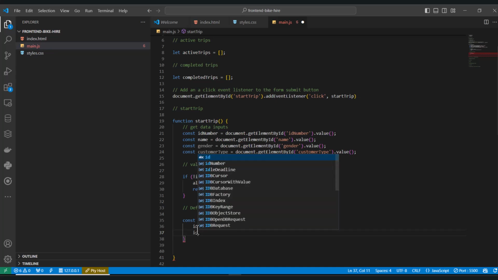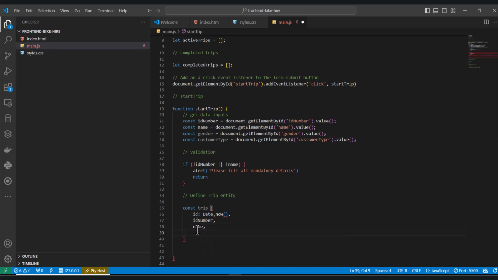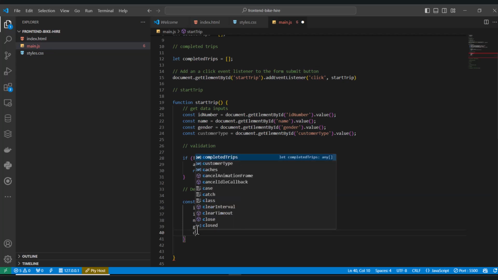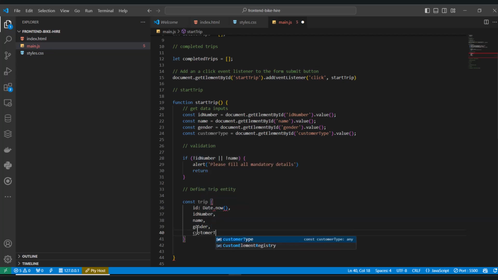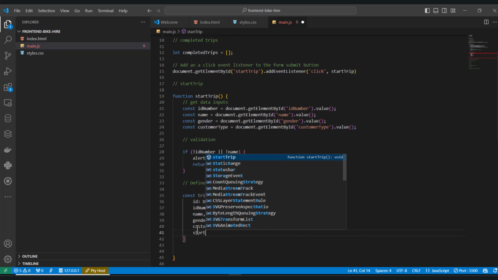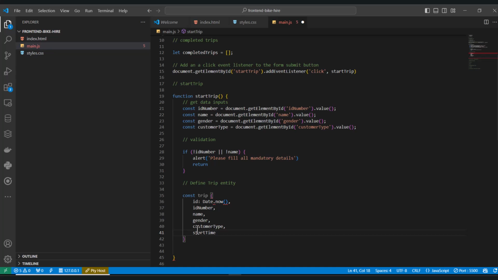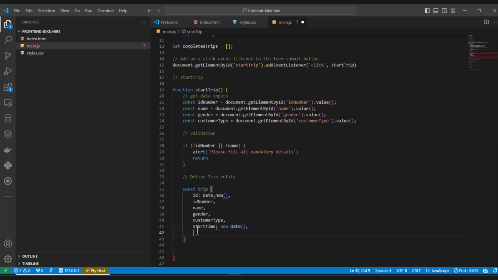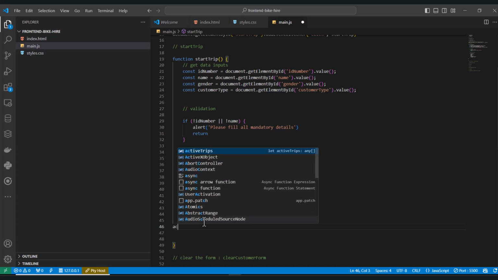Then we'll have an ID number. An ID number. We'll have name. We'll have a gender, and we'll have a customer type. Customer type, and we'll also have the start time. So this will be a new date, and we could do a status. By default, when you're creating this, it will be new. We'll say it's new, and then we'll say our active trips